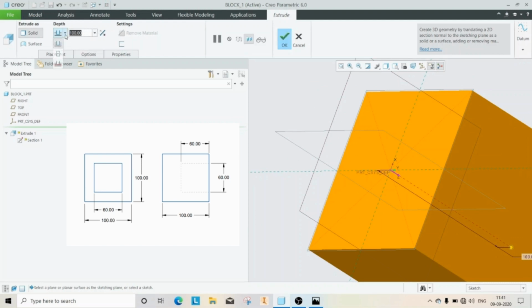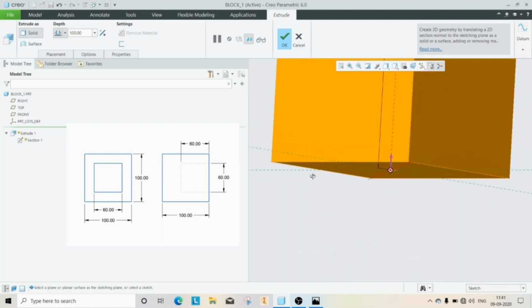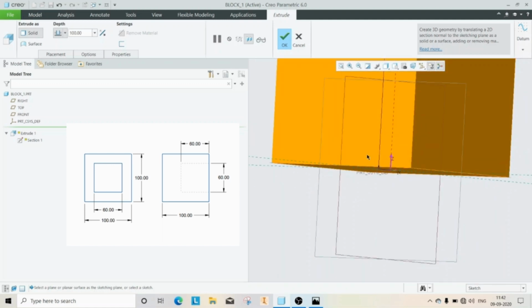Here you can see the three different types of extrude depth. By using the first option, you can define the depth value above or below the sketch plane. You can see here, you can toggle by using this arrow.